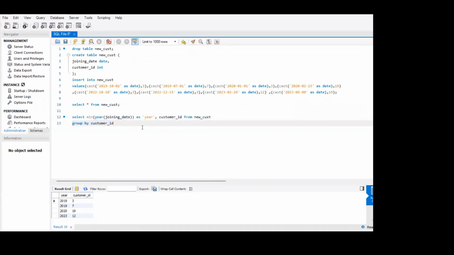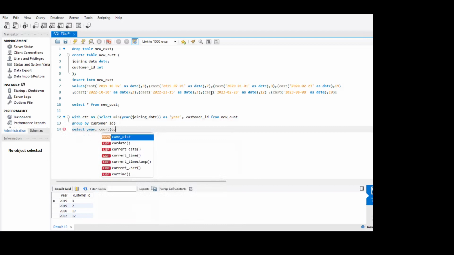This will give us the minimum value of year in which the customer ID has entered the platform. This thing is done. Now the next thing is we have to find the first time a customer has joined the platform in a particular year. So what we are going to do is put this in a common table expression. Let us put this in a common table expression with CTE as, and like this, and then we'll select year and count customer id